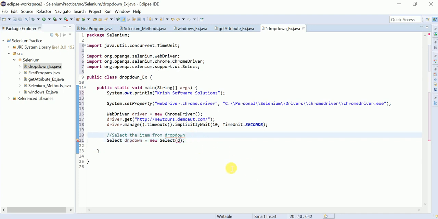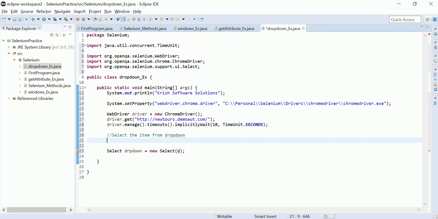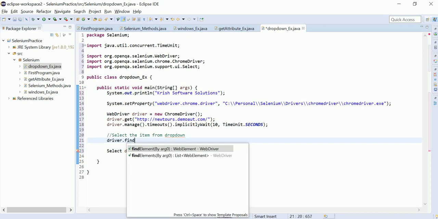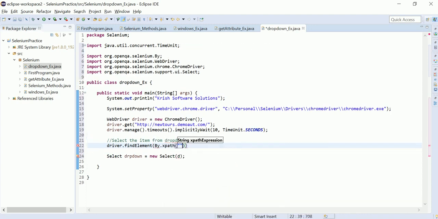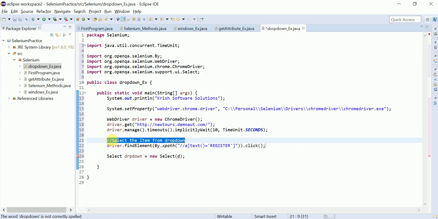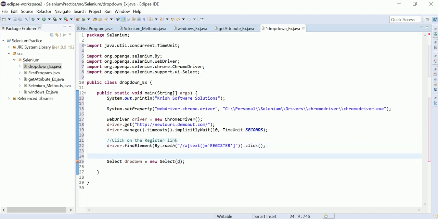Before the Select class, you need to click on this link, right? How can you click on it? driver.findElement(By.xpath(...)).click(). Okay, it is clicking on the register link. Fine. Now I want to select the item from the drop down. Here you need to provide your element.